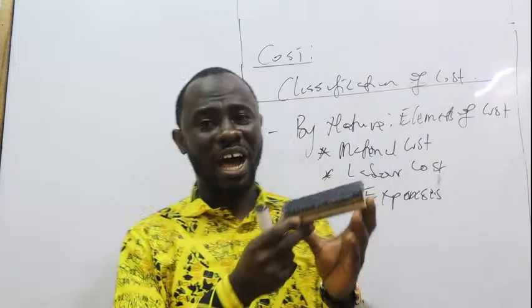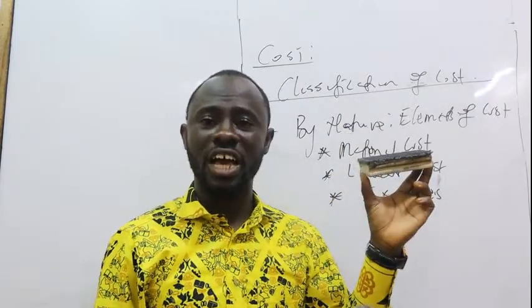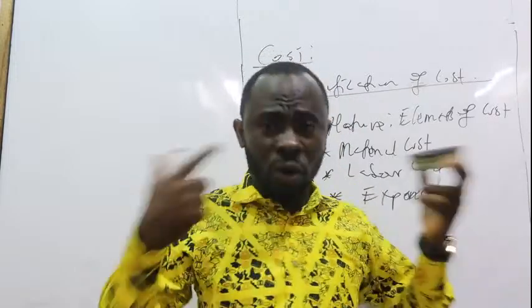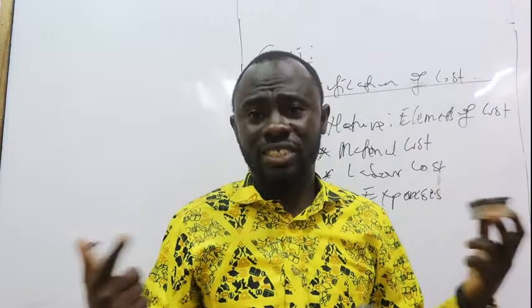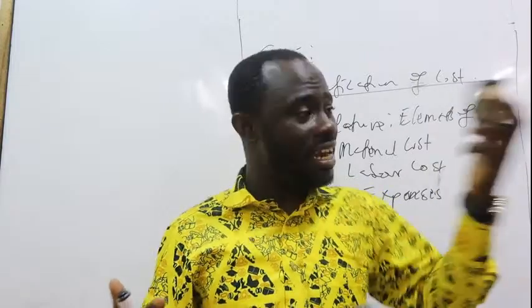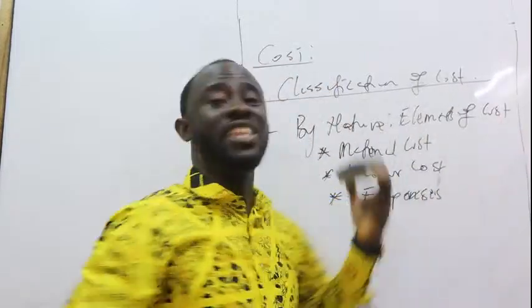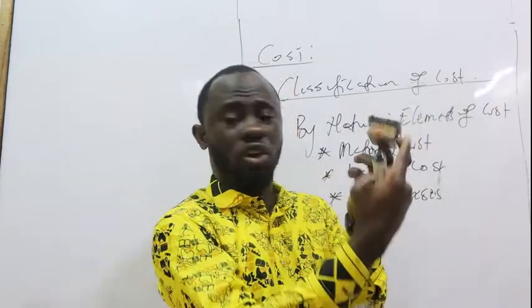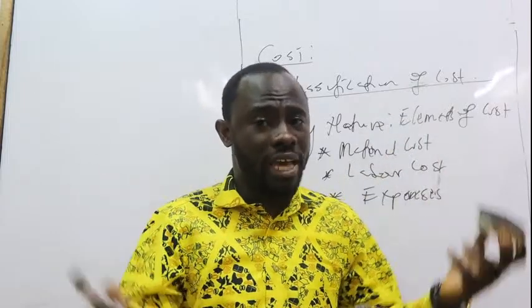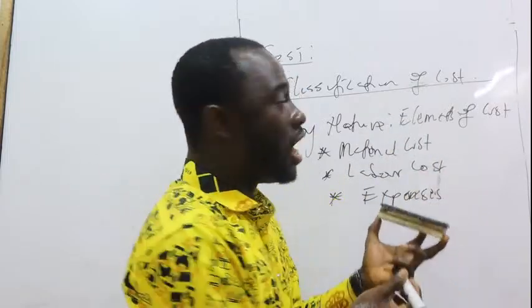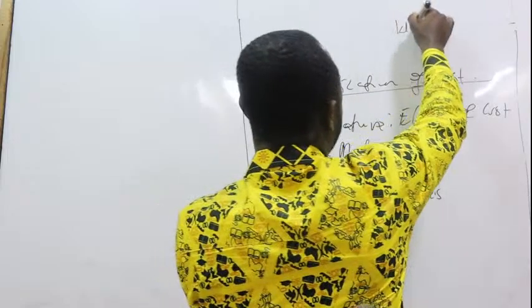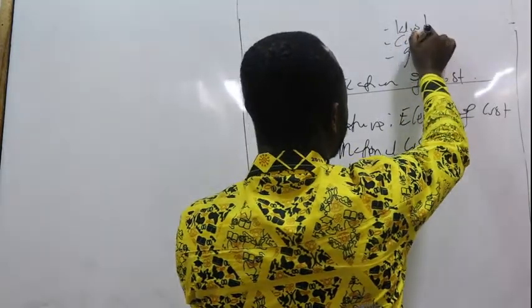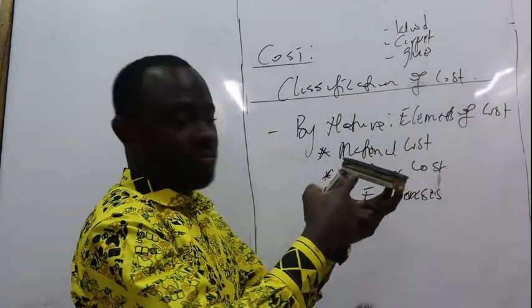So let's break it down. Back to our duster, we're making this duster and we're spending $5 per duster, right? So we want to break it down and find out what makes up this $5, and that is where we're talking about what? The elements of cost. So number one, we're talking about the material. If you look at this duster, what do we need to make it? Like we've mentioned earlier, we need wood, we need a carpet, we need glue. That is the materials we need.